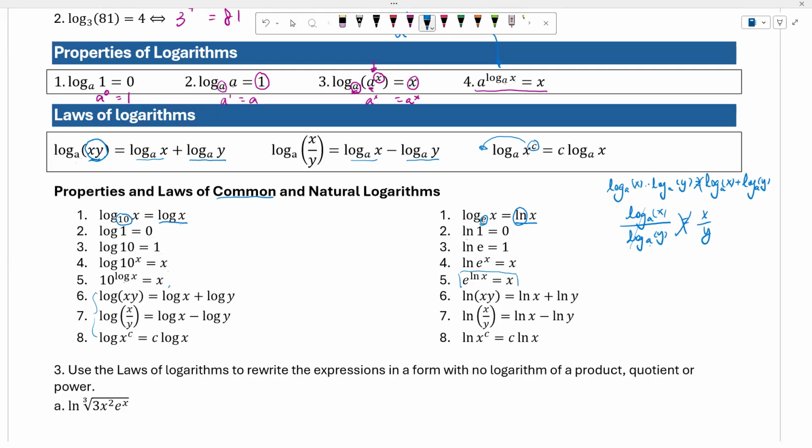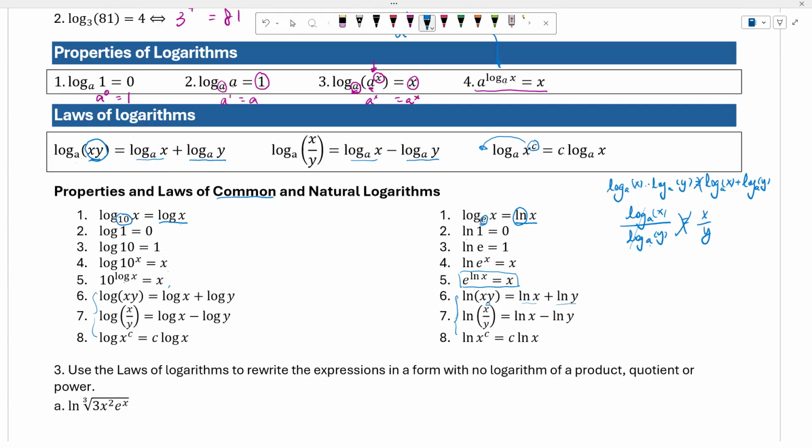So this one is the one that we use a couple times already. And again, we have the three laws here. So we could rewrite, again, the natural log of the multiplication x times y into the sum of two logs. Now those are the three properties that we are using a lot in this section.